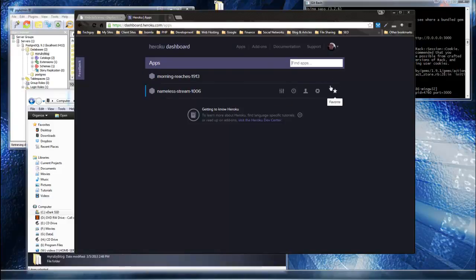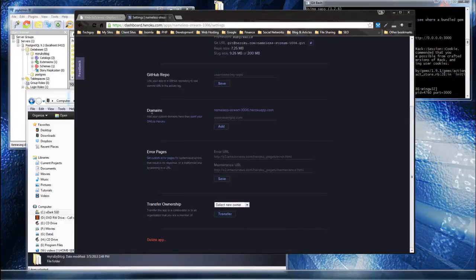This is our app, and I forgot to mention that your name is going to be different than this. So don't look for this. Just know that your app is going to be named something like this, and you'll see it in this back end here. So if we go to settings,